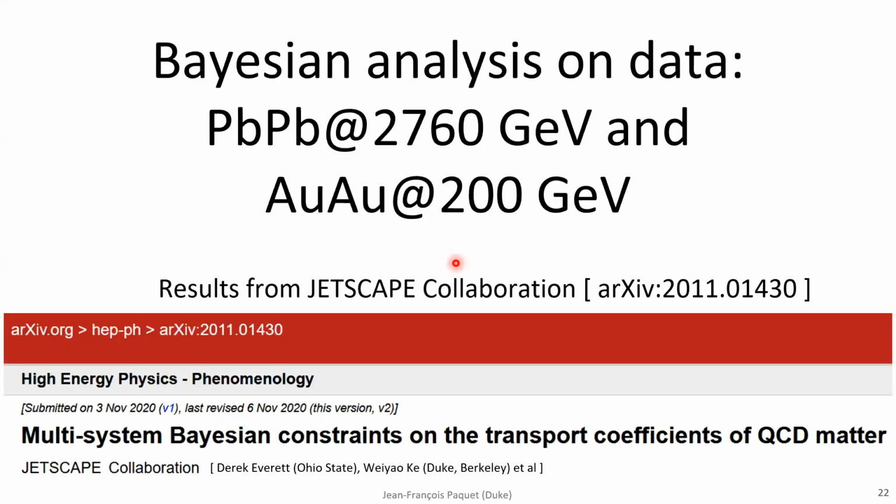So the results I'll be showing in the next few slides are from this actually very long paper that the JETSCAPE Collaboration released last month. Derek Everett from Ohio State and Weihao Ke, originally from Duke and now Berkeley, were really the driving forces behind this paper. I was one of the conveners of the working group behind this work. So what we did